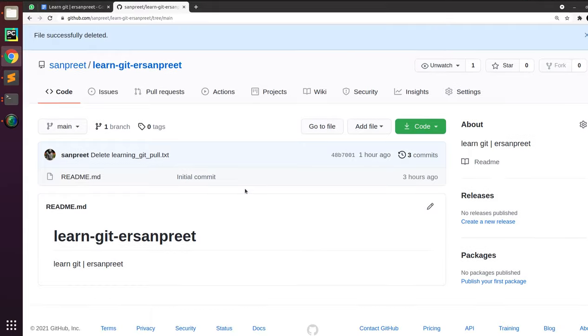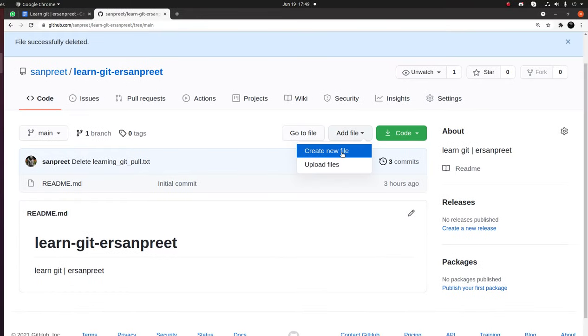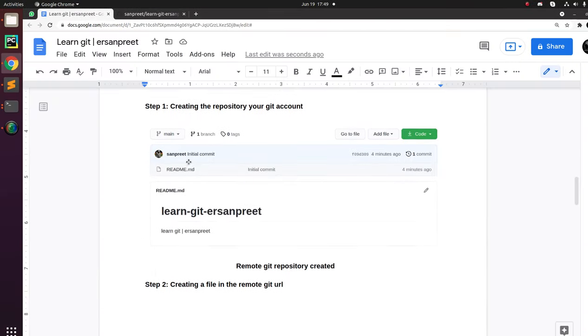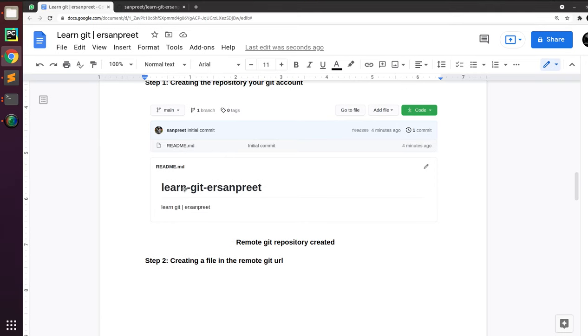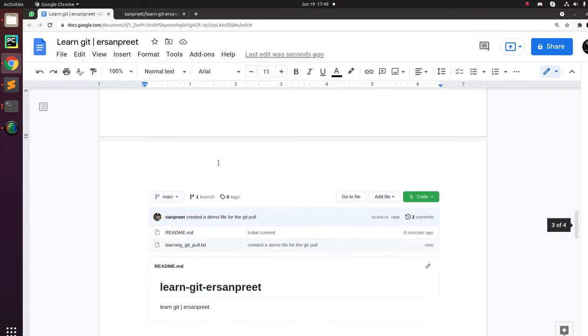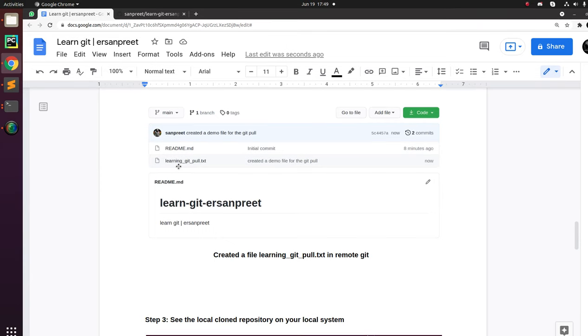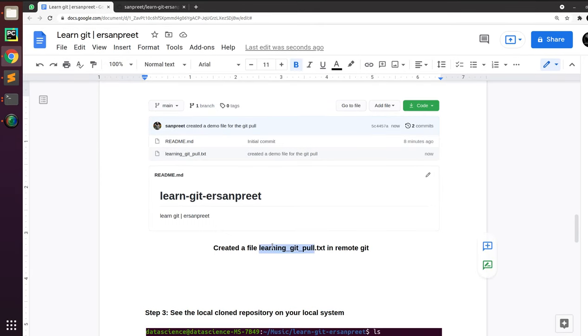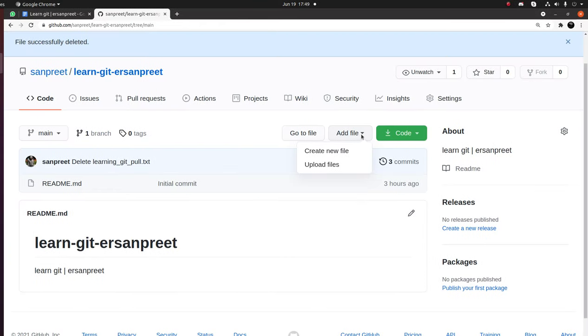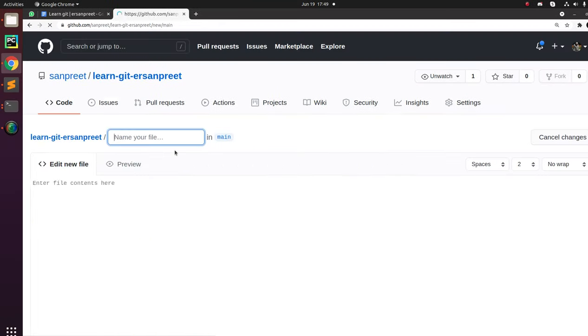Now let's see. For example, let us create a new file in the remote, and the name is learninggitpull.txt. Let's create this file in the remote git for demonstration purposes.